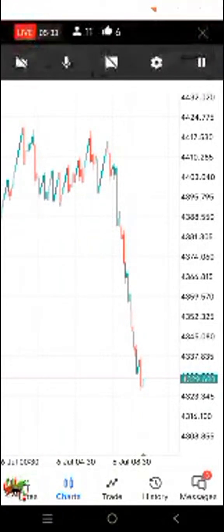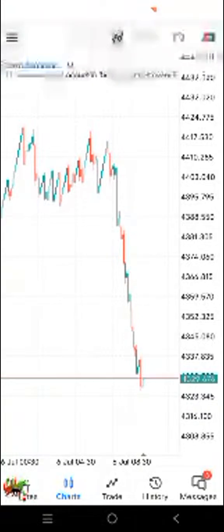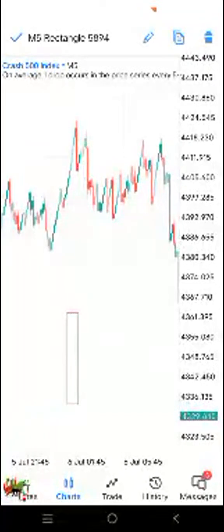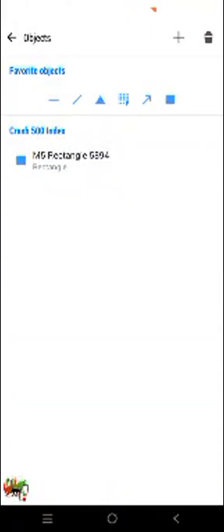Let's get started with our trading class, and let's understand a few really important points. How do we actually identify buy and sell in Boom and Crash using candlestick patterns? Each time you find a candle, this is for a sell example, a candle which is bullish,